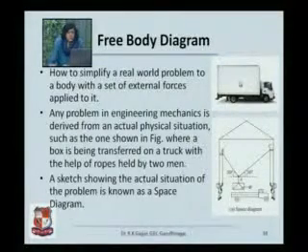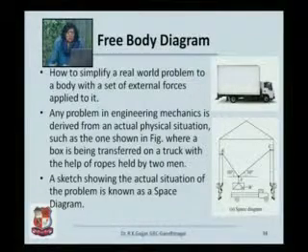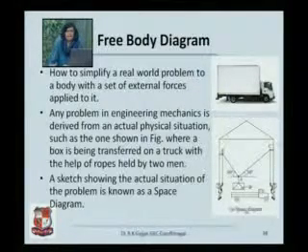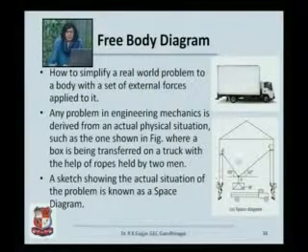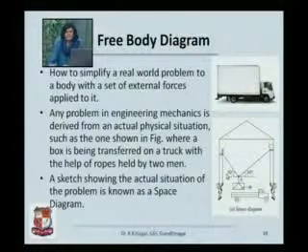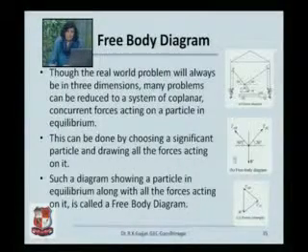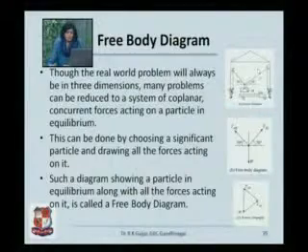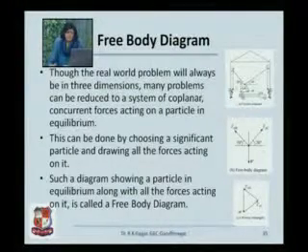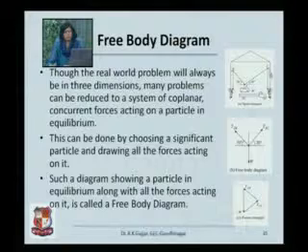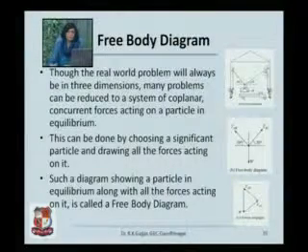Now this three-dimensional system is called a space diagram. This is the actual real-time scenario. It is a bit difficult to try and understand a force system on a space diagram, and therefore we try to simplify the space diagram into a two-dimensional system which is called a free body diagram. Let us take that same problem. Here is the space diagram. The truck is being loaded upon by the box with the help of all the pulleys and the people working on it.